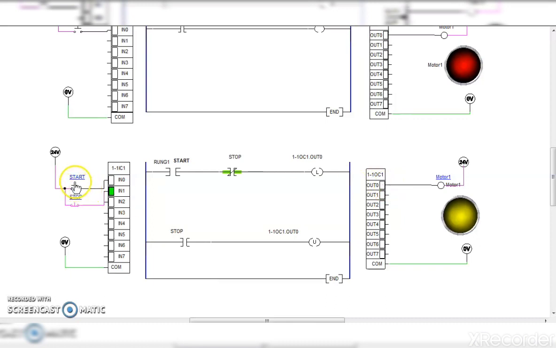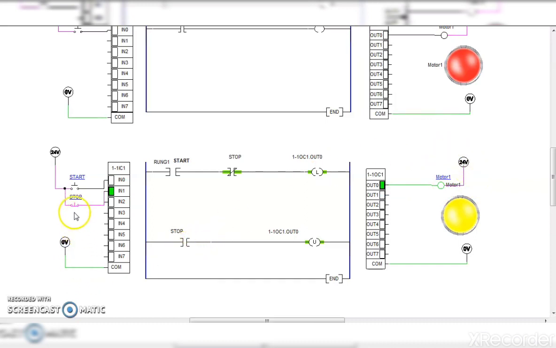Now I will press the start switch and motor 1 is started. I will leave it, and still motor 1 is continuously on. Why did it happen? Because of this latch coil. Because of the latch coil, the output is continuously latched and the motor is continuously on.